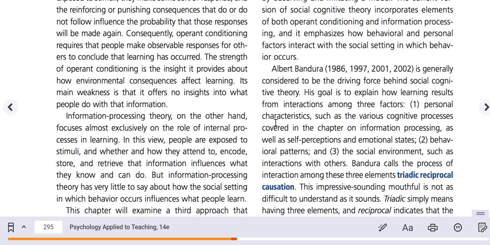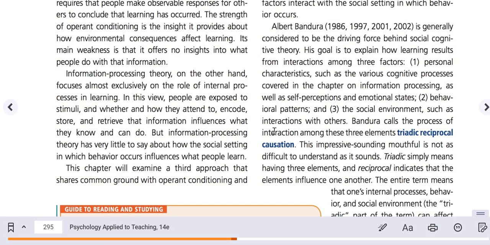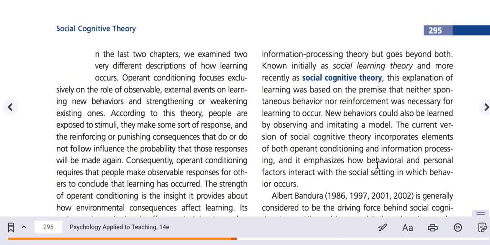Information processing theory, on the other hand, focuses almost exclusively on the role of internal processes in learning. In this view, people are exposed to stimuli, and whether and how they attend to, encode, store, and retrieve that information influences what they know and can do. But information processing theory has very little to say about how the social setting in which behavior occurs influences what people learn. This chapter will examine a third approach that shares common ground with operant conditioning and information processing theory,